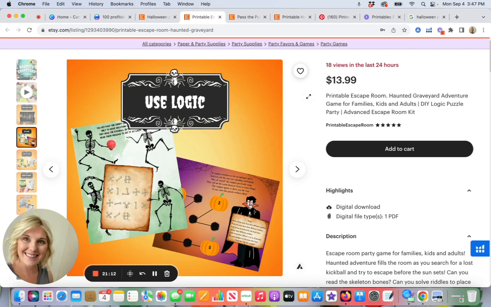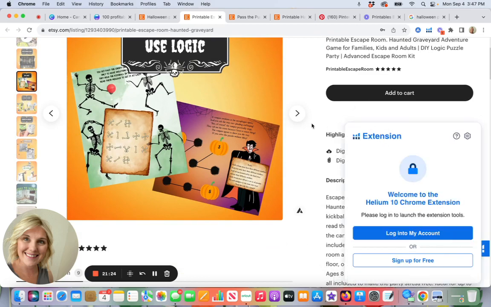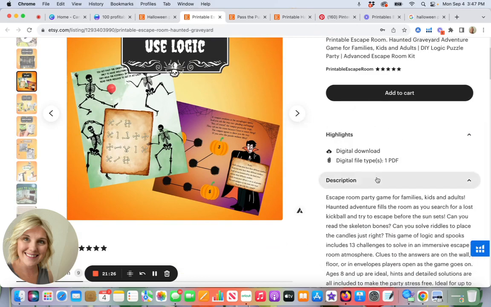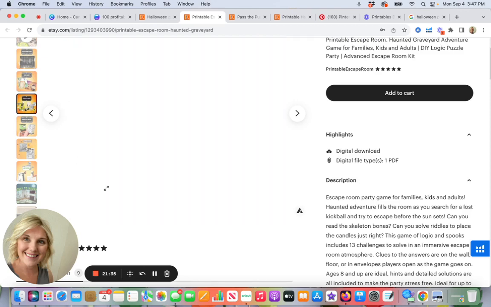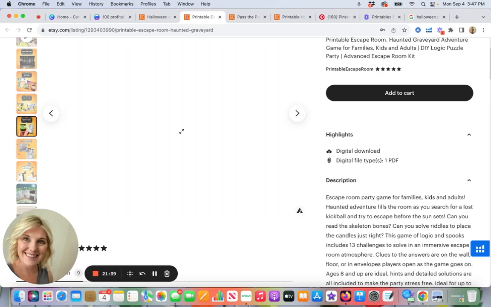So a problem can be as simple as needing a Halloween game for your Halloween party, and that you're expressing in your description that this is a game to solve a problem of needing a game, right? Okay. And you want to make sure you have clear mock-up listings like this. So these images are mock-up listings. So these are where you've put different images in so you can show what the product is and it's clear